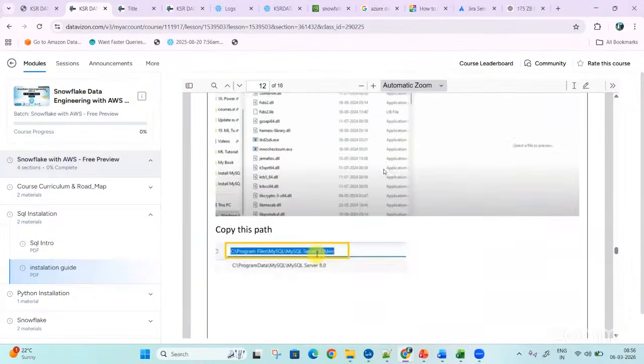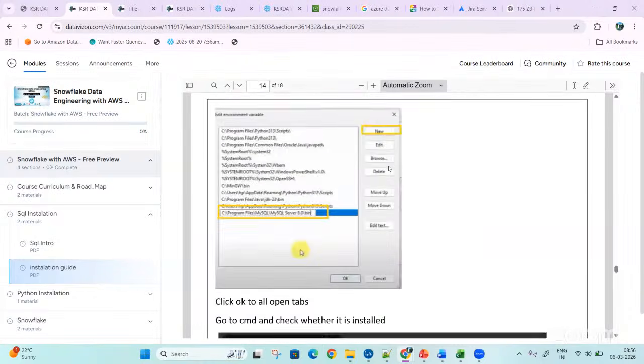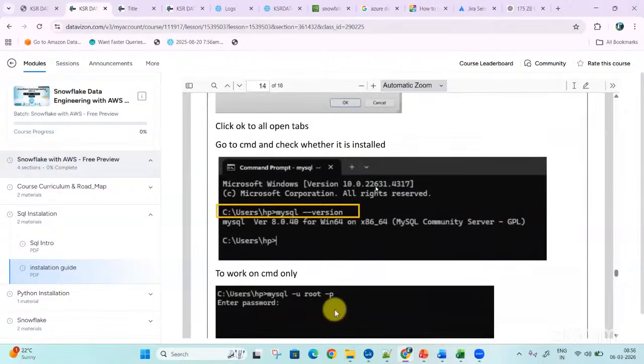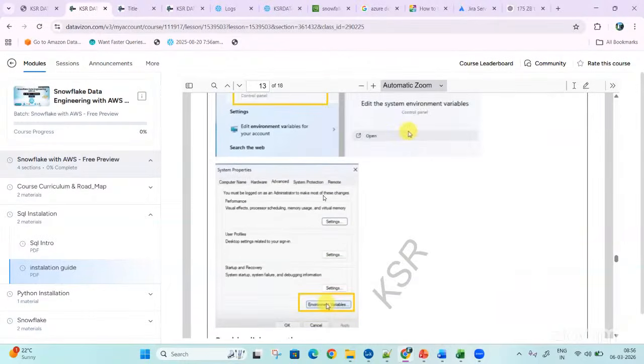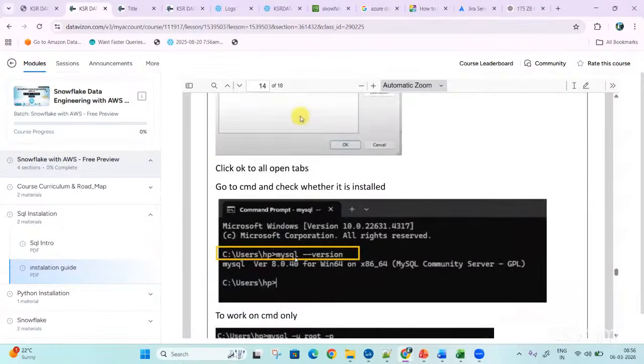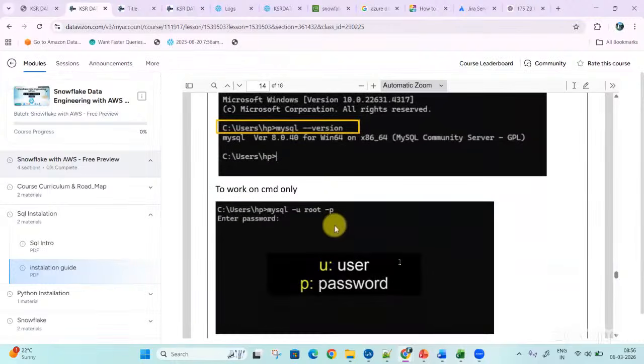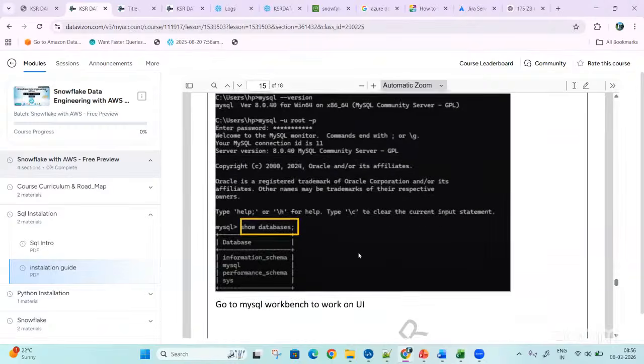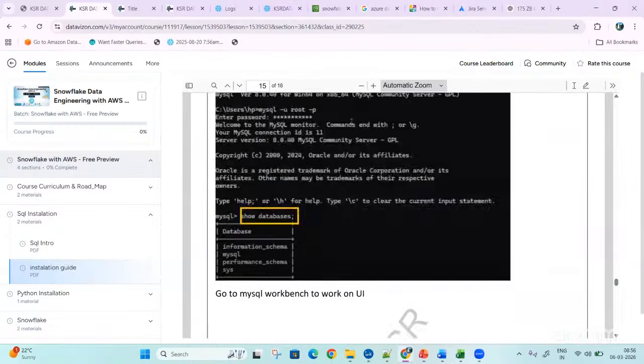Yes? Yes, yes. Okay. Now, once you install everything, you have to configure a few environment variables and all. What all things you have to do, I have given that. And go and search in the command line prompt, mysql --version. You'll be able to see the version. That means that particular version is completely installed. Now I will come and